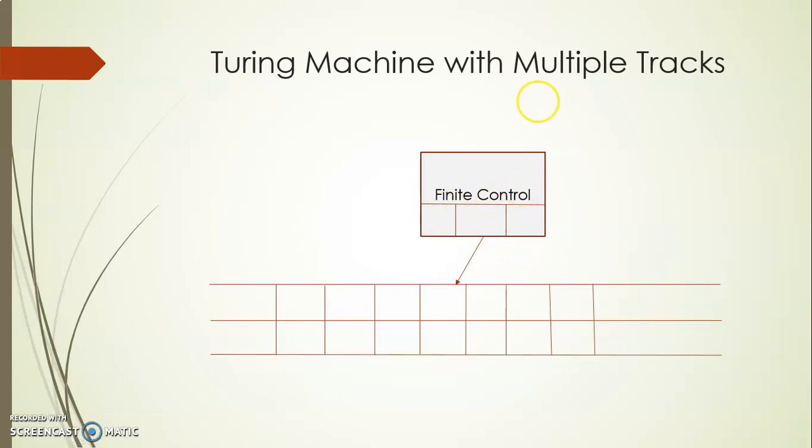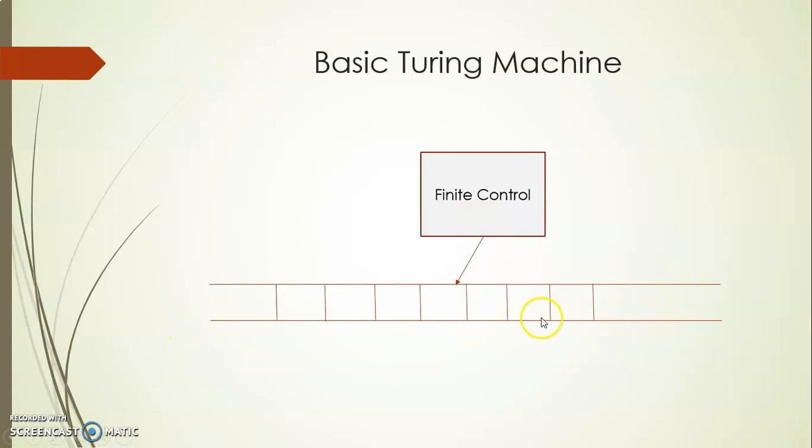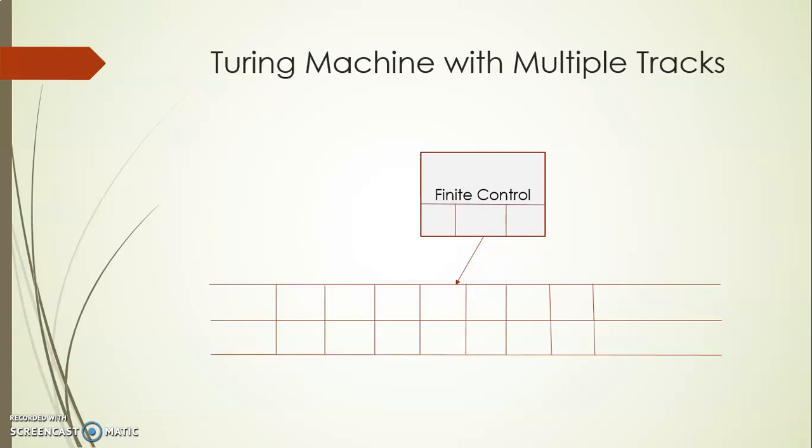Okay, this is your head, and here, the single tape is divided into multiple tracks. Previously we had a single track, and that input tape is capable of storing a string of information, right? Now one thing you have to keep in mind is that I'm not adding an extra tape to the existing Turing machine. I'm splitting the existing tape into different tracks. So in this diagram I have shown you two. The input tape is divided into two different tracks.